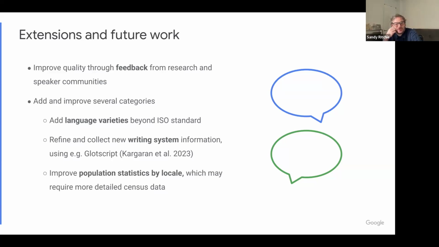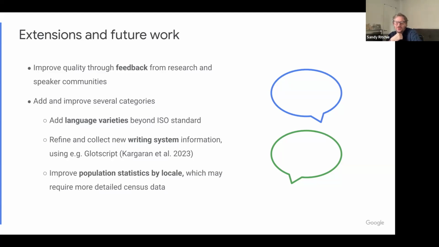One really important thing which I think we should add in future, which we don't currently have, is language varieties. This is kind of beyond the ISO standard. So ISO encodes languages in the sense of individual languages, not macro languages, and not language varieties. There are attempts to codify and define all language varieties in the world, but at the moment the best one that I know of is not fully released under an open source license, so we weren't able to include it in the current release of LinguaMeta. But watch this space. We're working on that, and hopefully we will include that in the future.